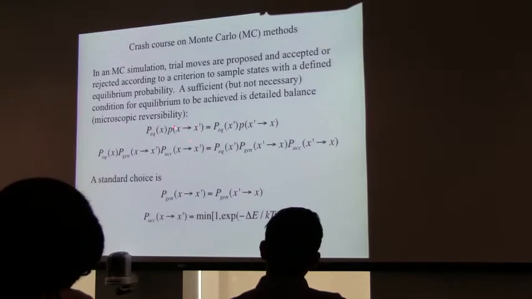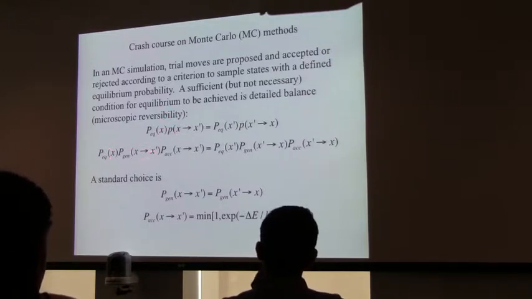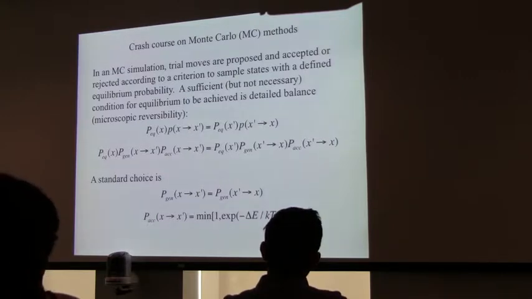how to satisfy detailed balance is you break up this transition probability. I should say, this is the equilibrium probability, and this is the probability that I go from this state x to some state x prime. Typically what I do is I break this up into a generating probability, that's the likelihood of making that trial move, and then an acceptance probability, that's the likelihood of taking that trial move. And so typical choices are to choose the generating probabilities to be symmetric. That says I have an equal chance of moving this way or that way, for